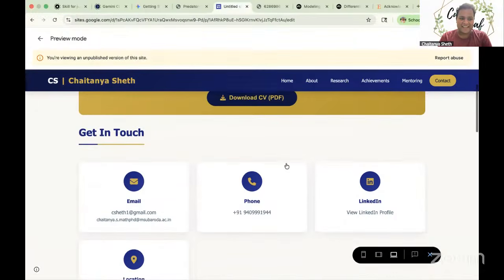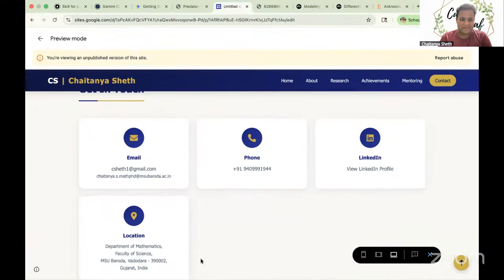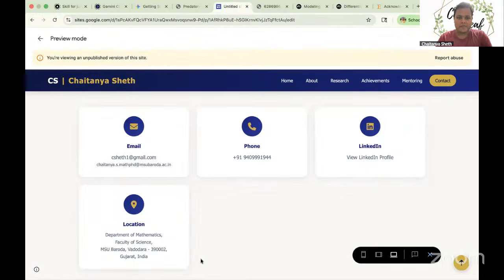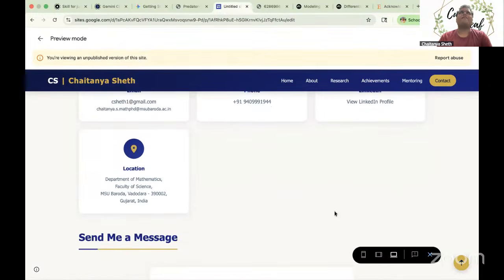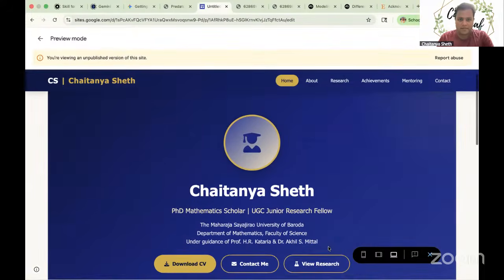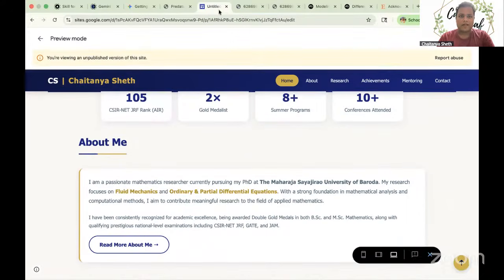And here are the contact details. This it has also shown perfectly. So I wanted to build my personal web page, but learning Google Sites itself was getting a little time-consuming for me, and I haven't studied enough HTML to create a nice website. So using that AI and some other debugging, I created this personal website. This is my first feedback on that.